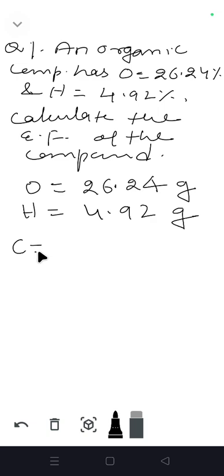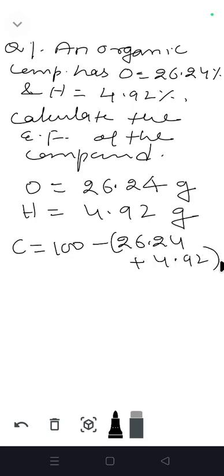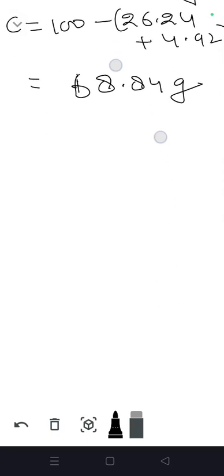Then carbon will be 100 minus 26.24 plus 4.92 gram. Now the amount of carbon is coming 68.84 gram. After calculating the amount of carbon, hydrogen and oxygen, that is all the elements, we will